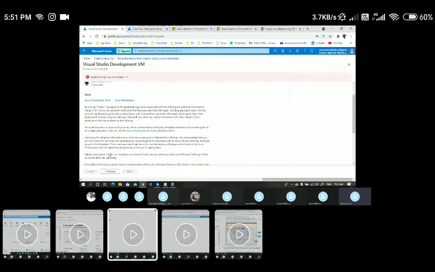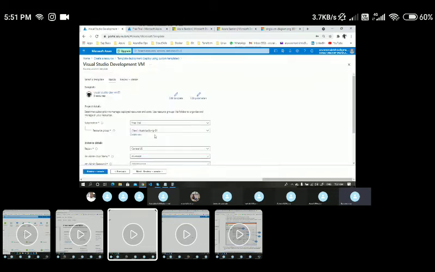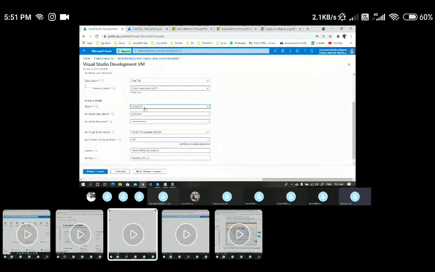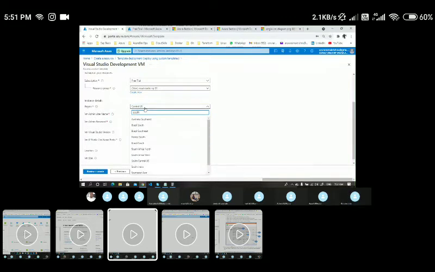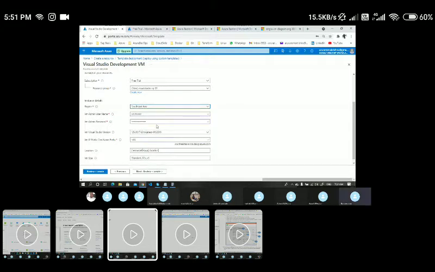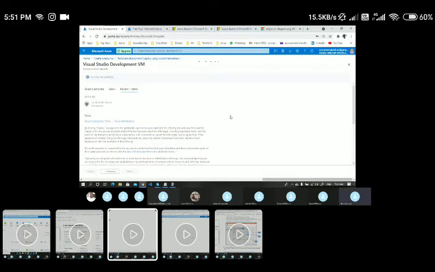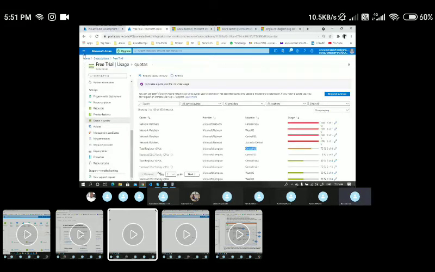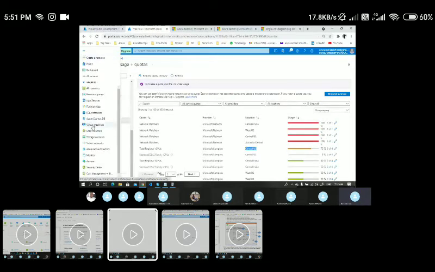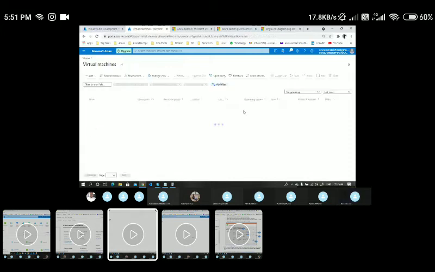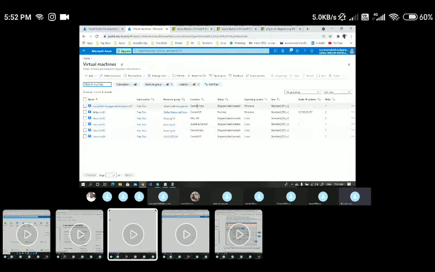So for that reason, let me go ahead and change the region here. I'll go with the Southeast Asia. Let me click on create. Within the Southeast Asia I do not have any VMs here. Let me go back to the VMs page again. And if I see here, I do not have any VMs within the Southeast Asia, so I think it should